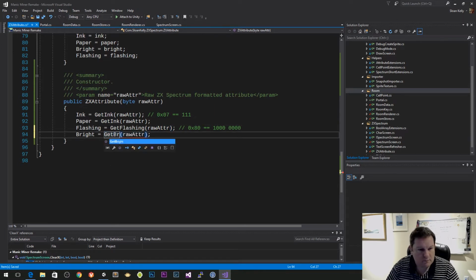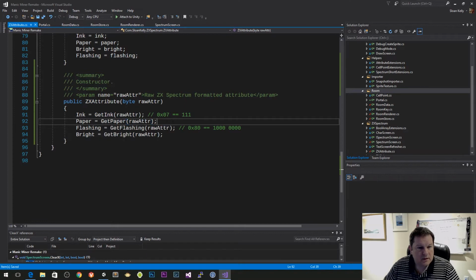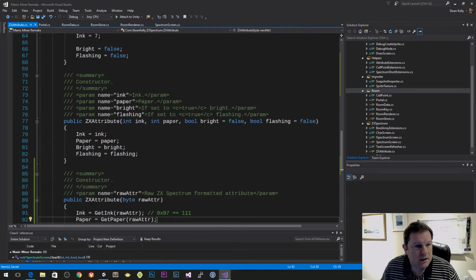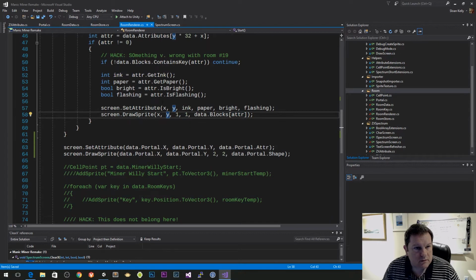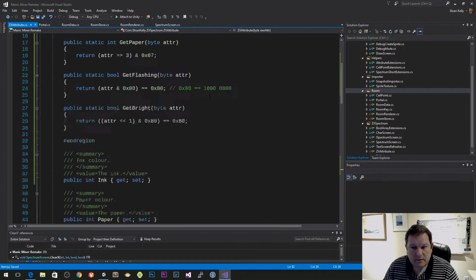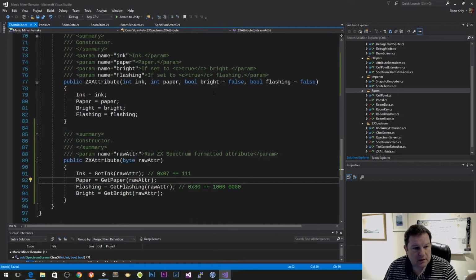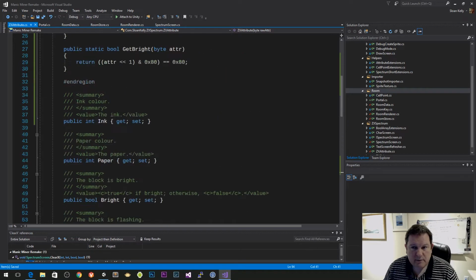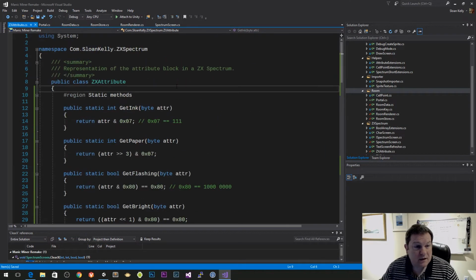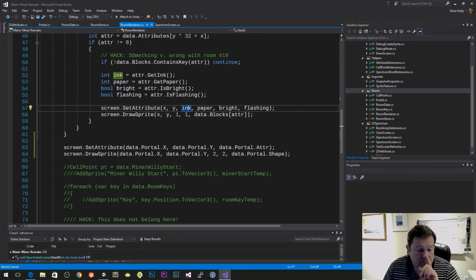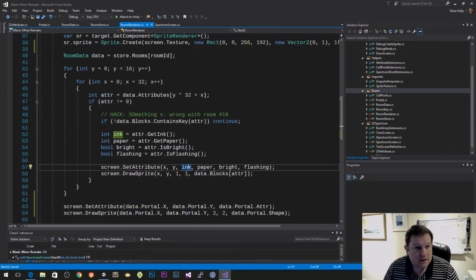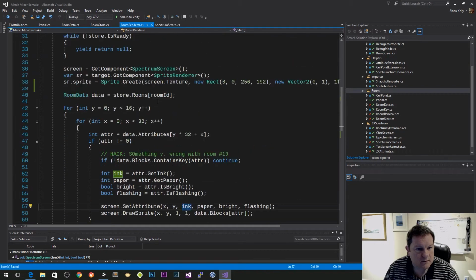That's going to be get bright. And that's going to be get paper. All right, so everything is good there, and then that means that when we go to our, so I'll just recap that. So I made everything a static method, and then down here, instead of having it inline, I called the static method. What that means though is that I can now use those static methods inside our